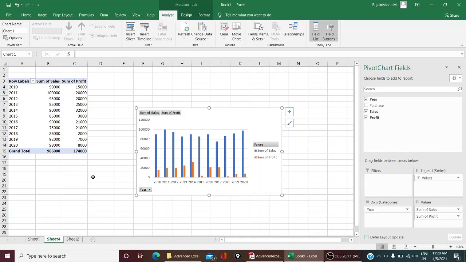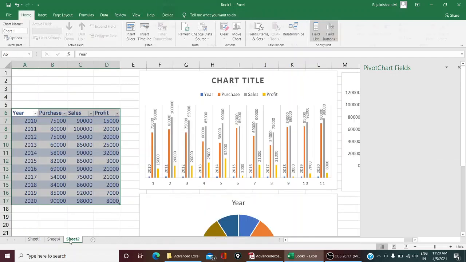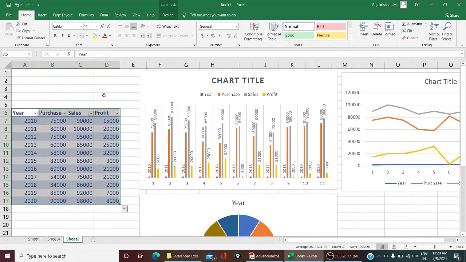So this is the use of pivot chart and table. You can customize whatever data you want in the chart as well as in the table. So in this way you can perform a sales analysis and insert the necessary charts you want in your Excel file. Thank you all.